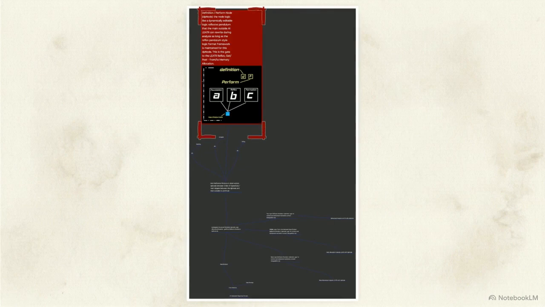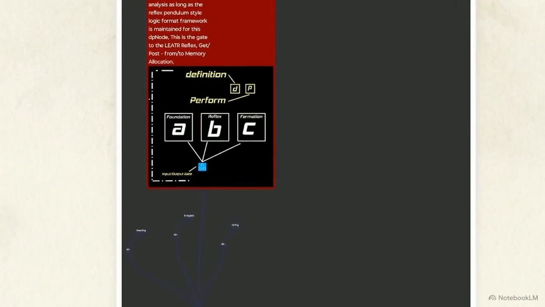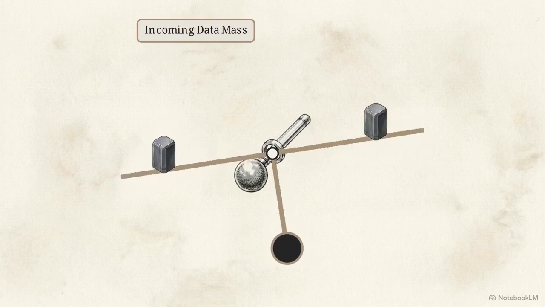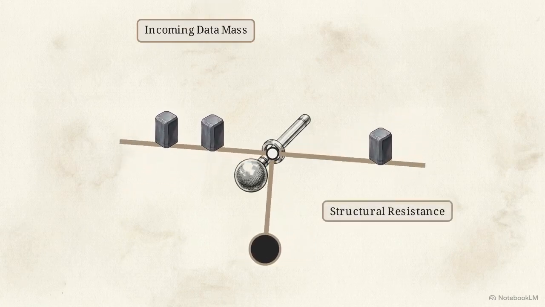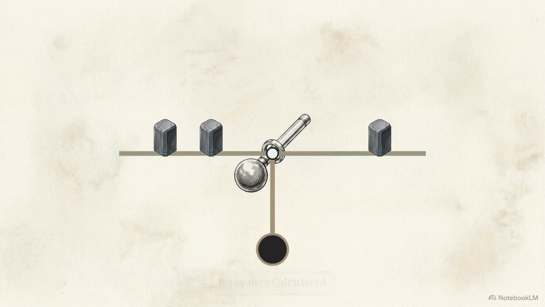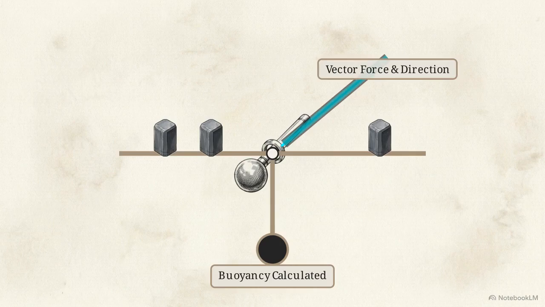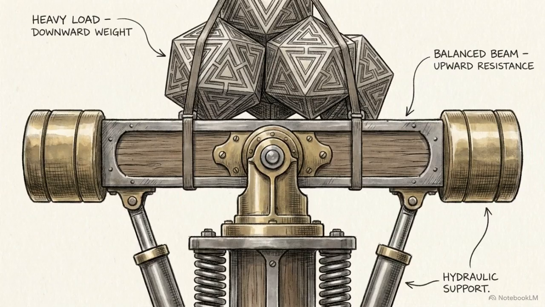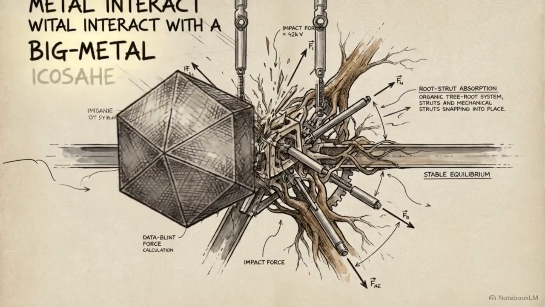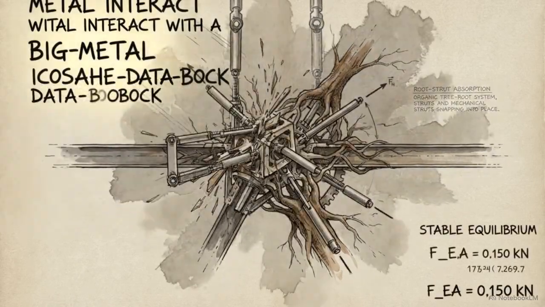When it is time to process that memory, the data moves down into the Buoyancy Reflex Pendulum Node, or BRPN. Here, the system applies physical semantics. It treats textual input as a physical mass with momentum, rather than a string of grammar. Intelligence in this system is measured by a node's structural ability to resist buckling under the weight of this incoming data mass. This physical resistance generates a metric called buoyancy, which then calculates the exact force and direction of her output response. By forcing data to obey simulated physical laws, Autumn responds with structural stability. She balances the equation of the conversation, arriving at a result that can withstand the gravity of the context.